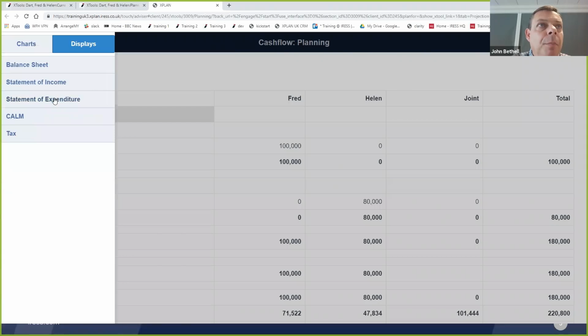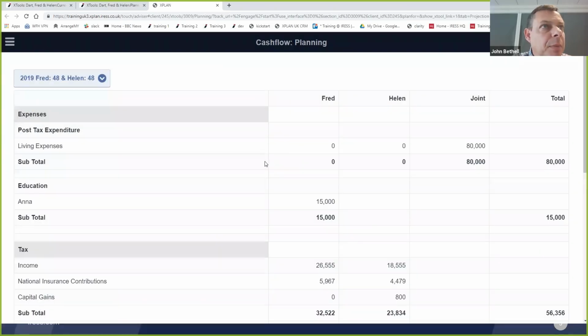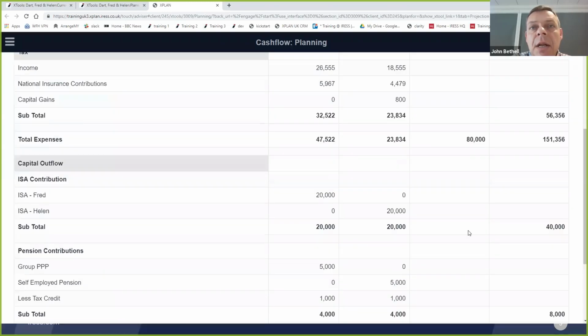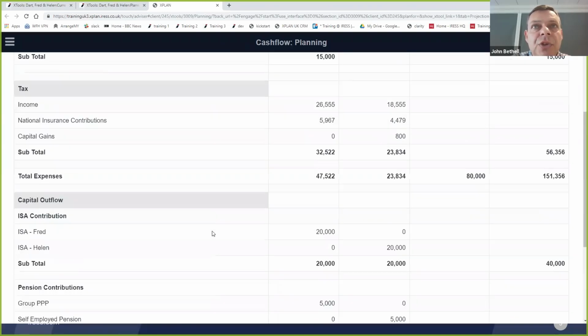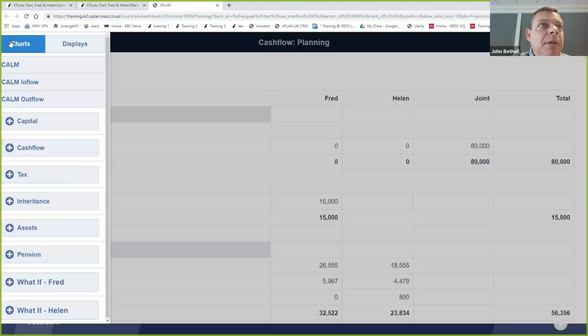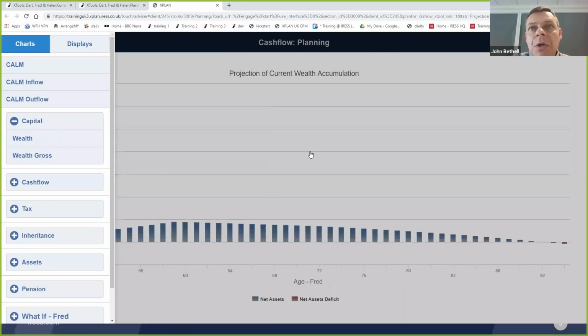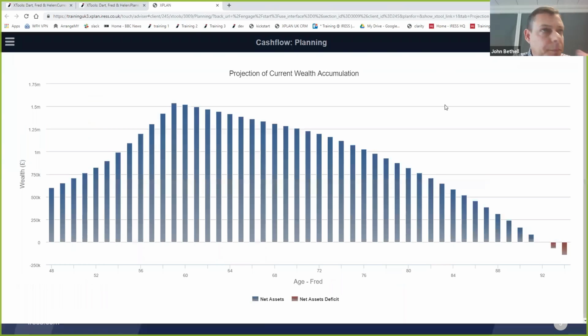And the final one I'd probably go through, if I didn't have to, I wouldn't necessarily go into tax. For some people that'd be important. I'll go through their expenses. And again, I can see their expenses there this year or any year. Having done that, I can then go back to my capital wealth chart, which is the chart we've seen before.